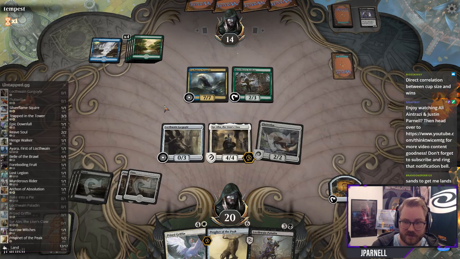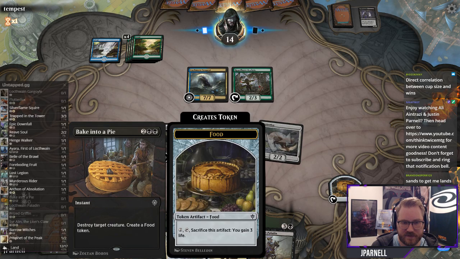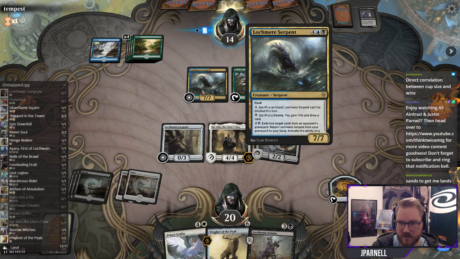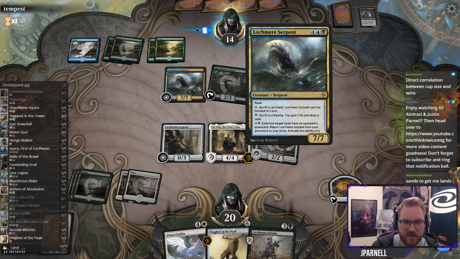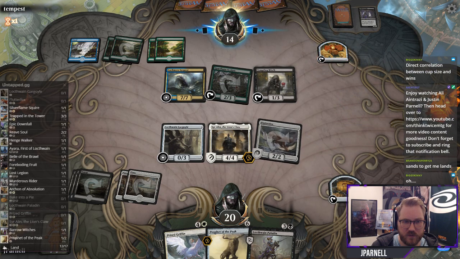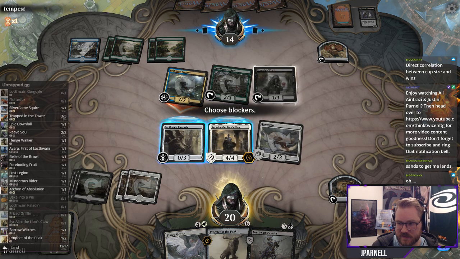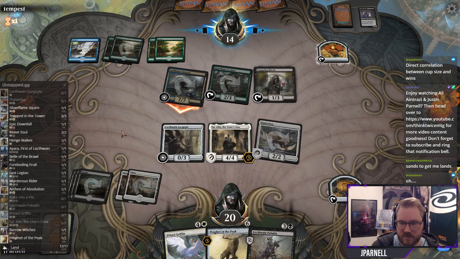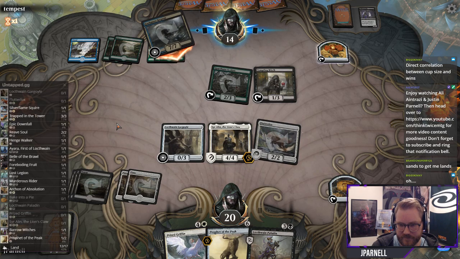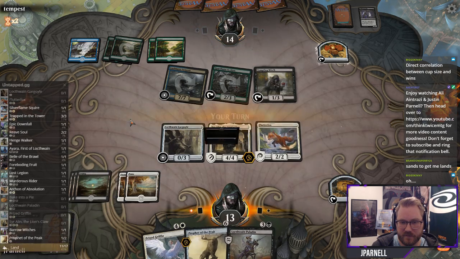Lockmire Serpent. Okay. Didn't expect that one. Gonna be honest, we had this bacon to a pie back. Alright. Where is our Epic Downfall and or any number of Trapped in the Tower? We're gonna take 7 for a second. I guarantee we're gonna continue to take 7, but